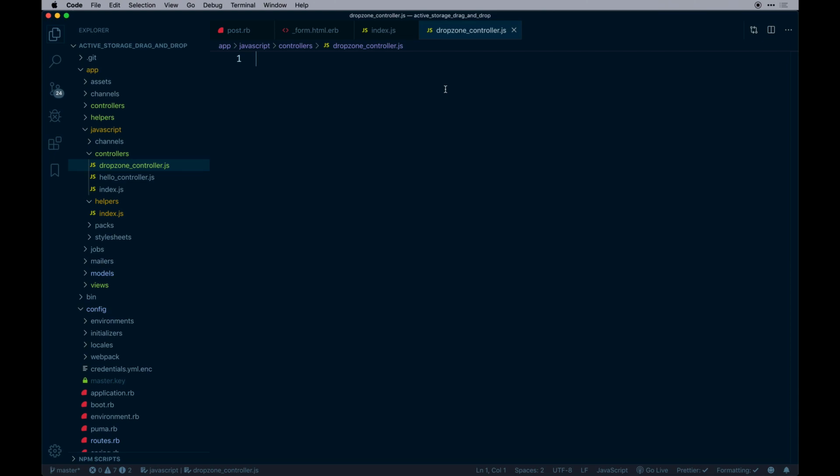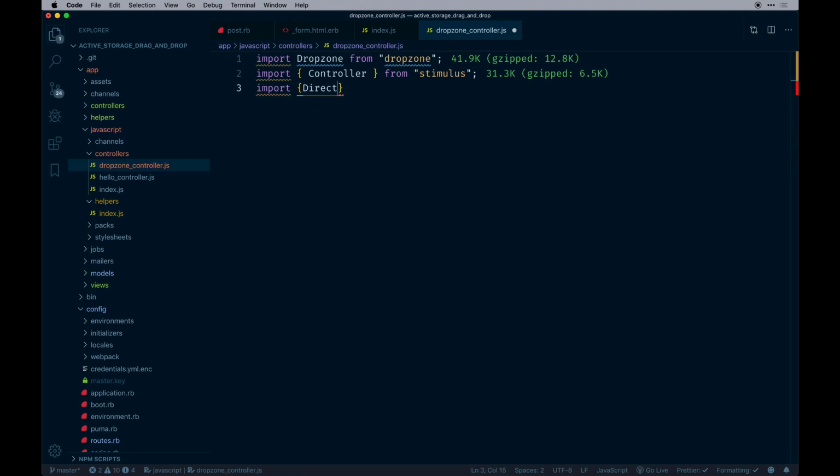So since I've already added Dropzone, if you recall from Yarn, I can import it directly from that node module. So I'll do that. So let's say Dropzone from Dropzone. And I have this little plugin that calculates the size, which is not too terrible. So import Controller from Stimulus. Kind of need to do this every time we add a new controller. And finally, import DirectUpload from,